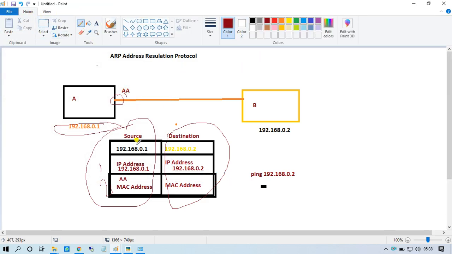Source IP and destination IP, two types of IP. We have the source MAC address, but we don't know the destination MAC address. So how will data transfer to the system?